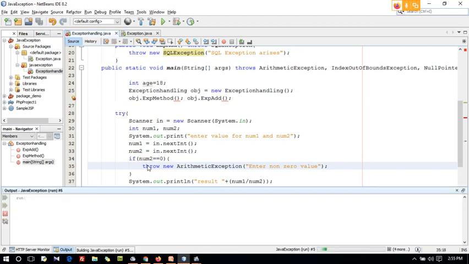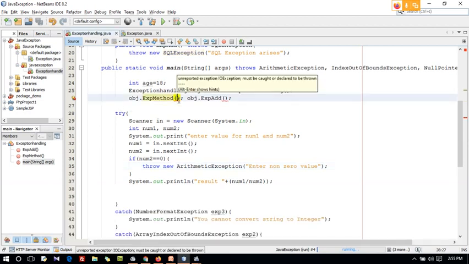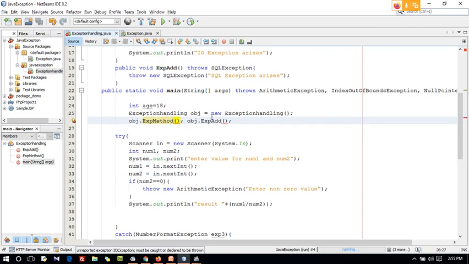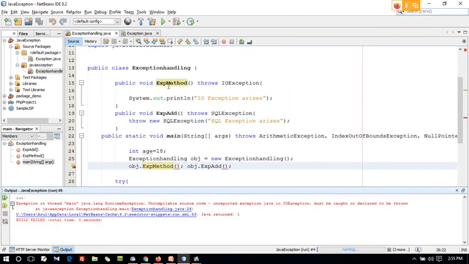If I execute this program, see, it is saying that some exceptions at the execution itself. It is in the statement, which line? 26. What is there in 26? Okay, here. What is the error here? Okay guys, see, first your method gets executed, your object is created and the method is invoked. Inside that I am having some exceptions here, so that's why it is throwing some exceptions.